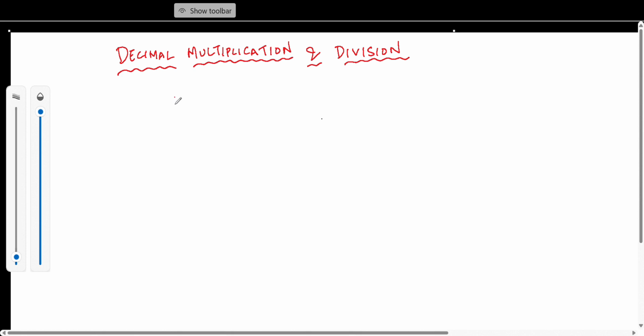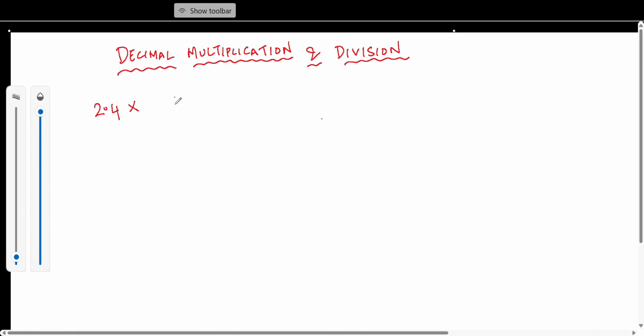In today's video, let us see how to do decimal multiplication and division. Let us see how to do multiplication with decimals first. So, I will start with a simple example, explain the concept, and then do a couple of other examples too. When you need to do